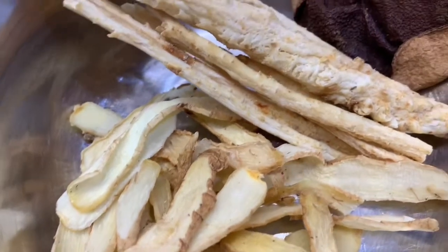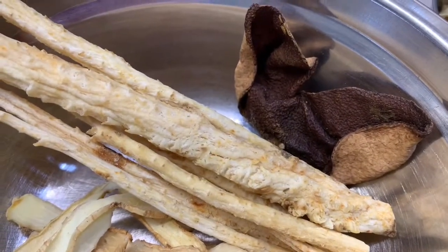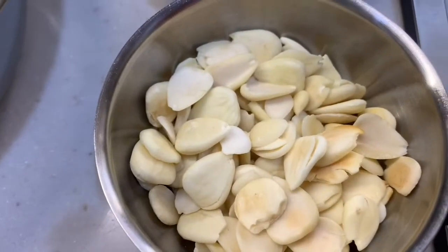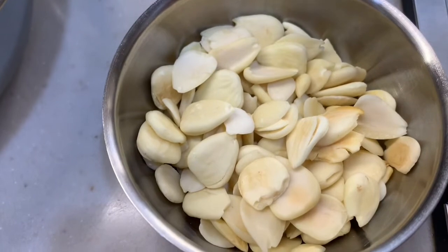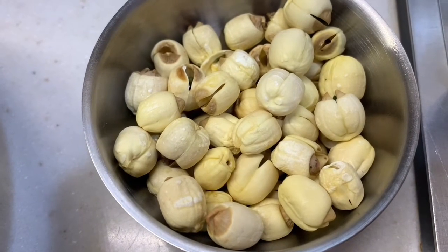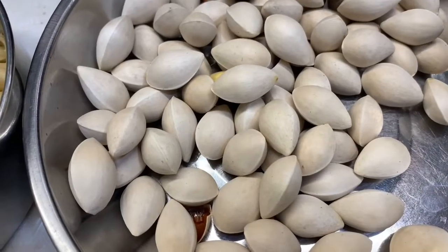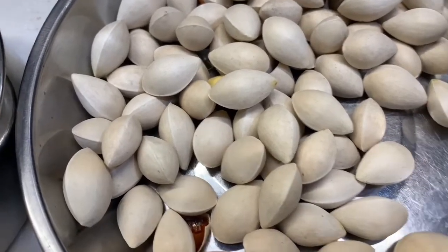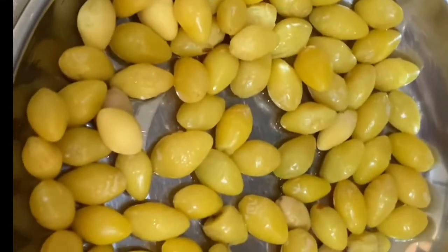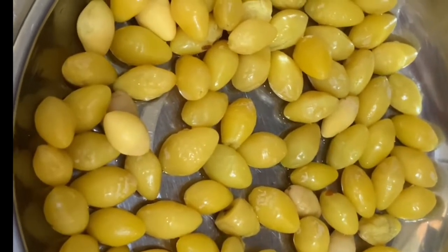And Solomon seal, Codonopsis root, and lemon peel. This is almond seeds and lotus seeds. And pistachios, you need to crack the shell and boil for a few seconds so that it's easy to